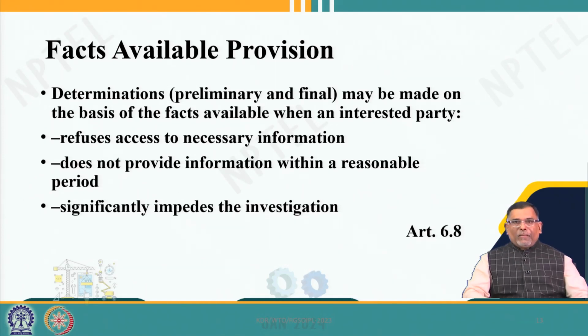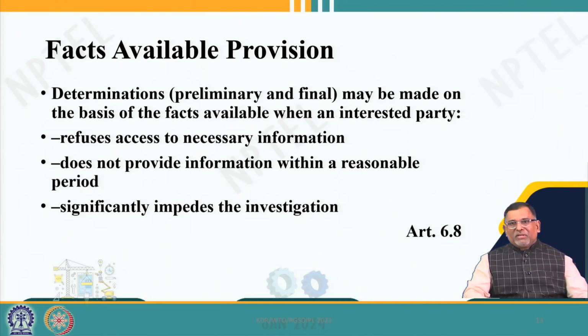Article 6(8) of the Anti-Dumping Agreement is a very important provision, because in most cases the respondents do not cooperate with the investigating authorities. These producers will definitely be in another country, and the investigating authorities usually go to the producing countries and ask for production evidence, production data, or export data. In most cases, for example in countries like China, they never respond even to the notices. In that case, what will you do?